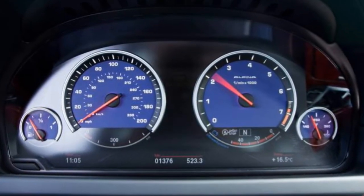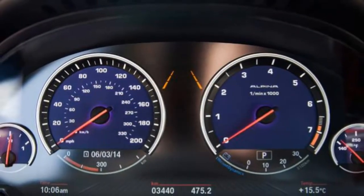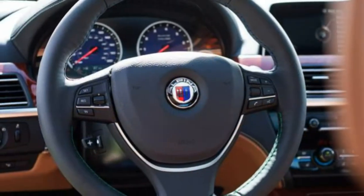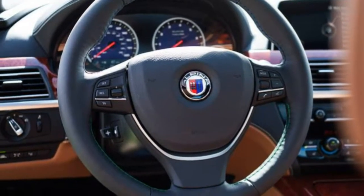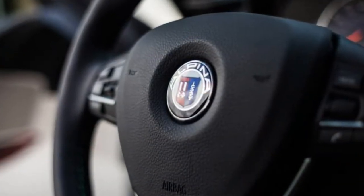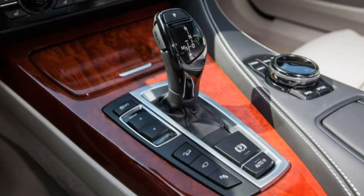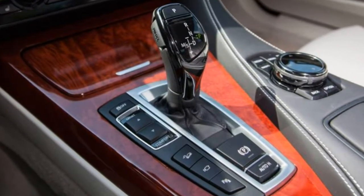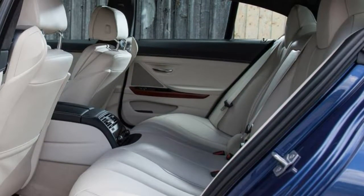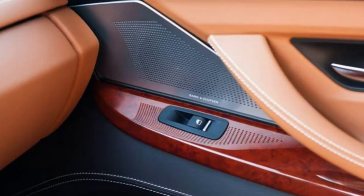Inside, you will discover four-zone automatic climate control, 16-way power-adjustable front seats with 4-way lumbar support, heating and memory settings, leather upholstery, an electric tilt and telescoping steering wheel, an auto-dimming rear-view mirror, ambient lighting and a split-folding rear seat. On the technology side, features include Bluetooth phone and audio connectivity, a navigation system, voice controls, the modern xDrive